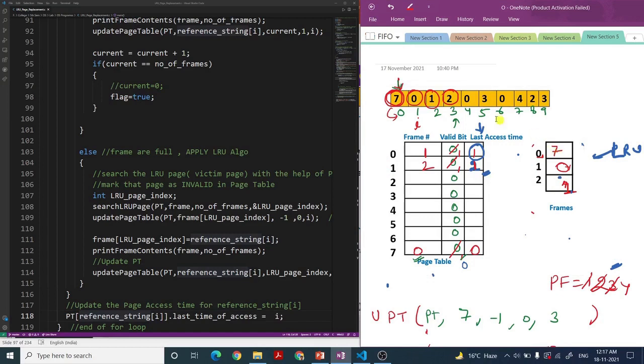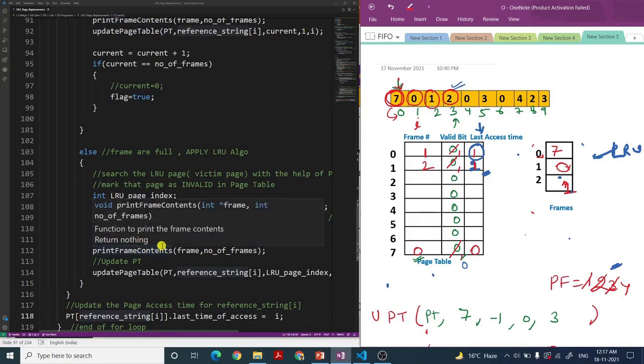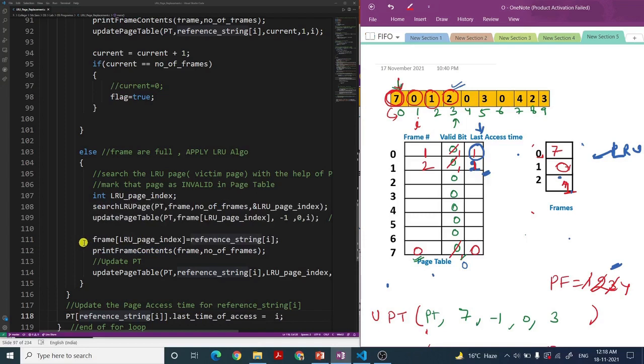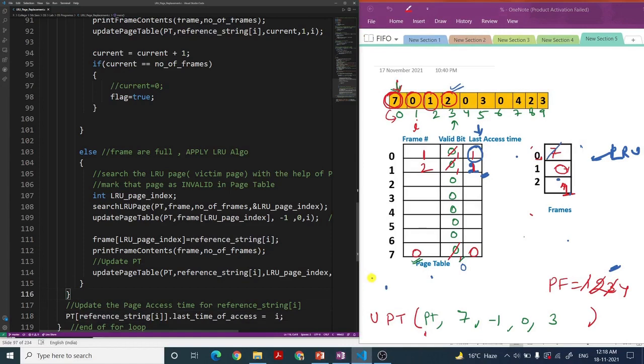Replace it by 2. So here if you see, I'm saying reference string should be saved inside frame of LRU page index. LRU page index is telling me at which position my reference string should be placed. So the LRU page index is having 0, so my frame array will now contain 2. Then I'll print frame content and I'll update entry for 2.